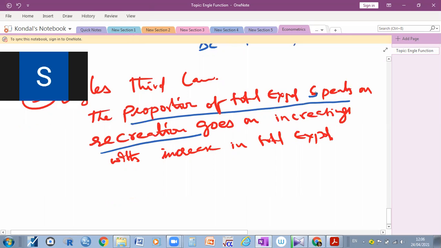What is recreation? For example, generally when your income increases, you are going to spend more money on recreational assets. For example, land. If you take real estate, if you want to purchase a new house when you have the old house, you will go and purchase a new house, which can be recreation, nothing but which will generate income. For example, if you purchase land, it will create money; the money will be doubled within 1 year, 2 years, right? So simply, when your income increases, you are going to spend more money on recreational assets.